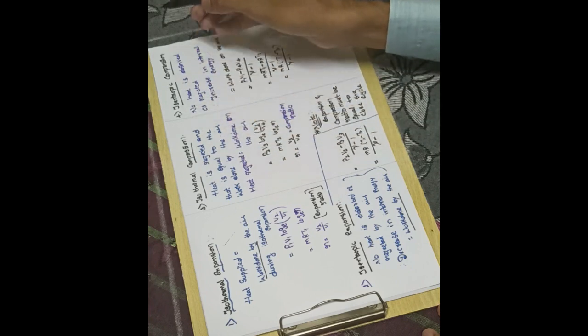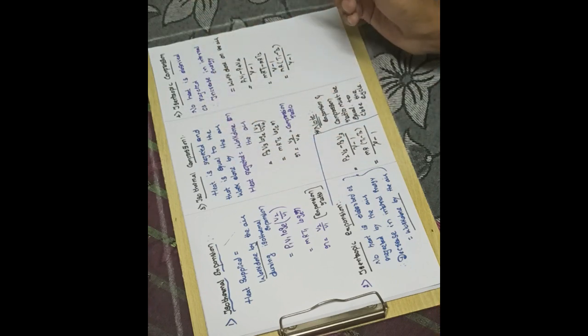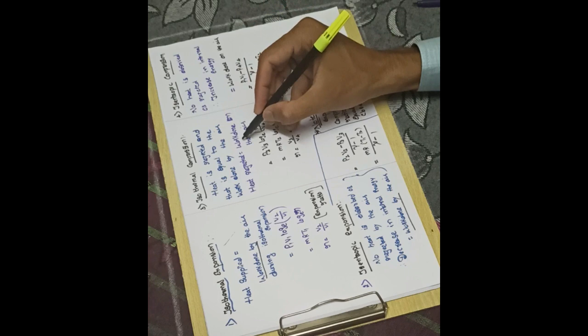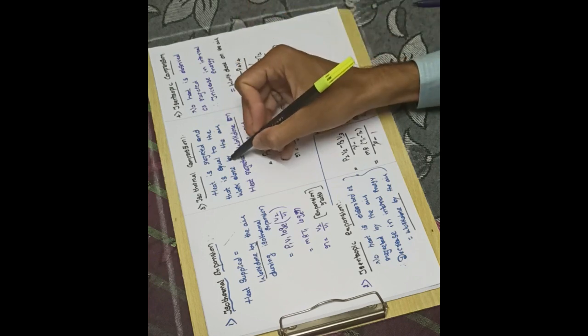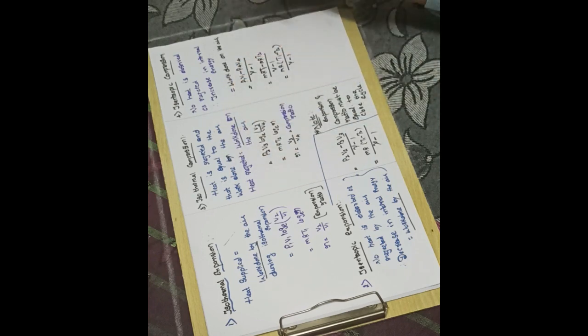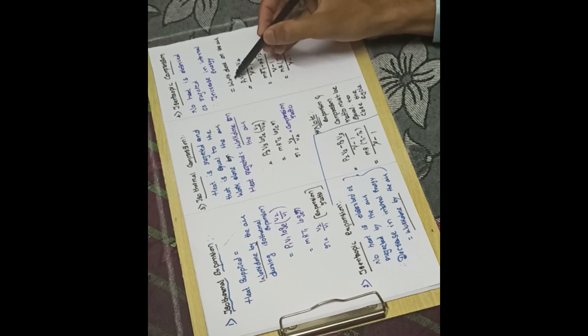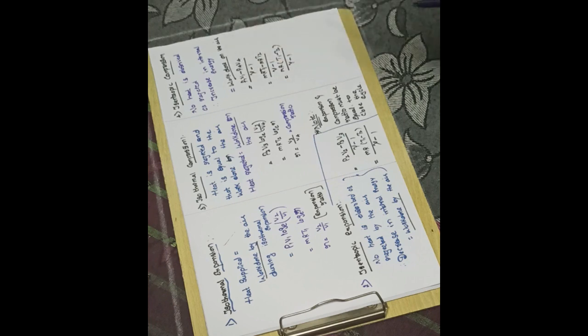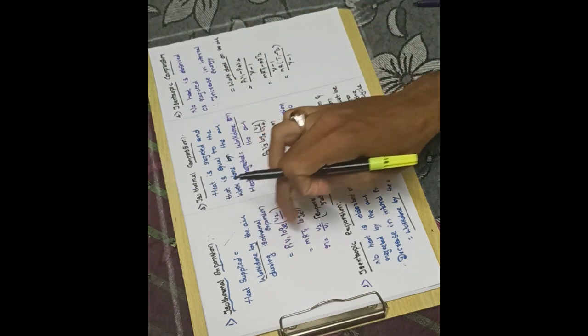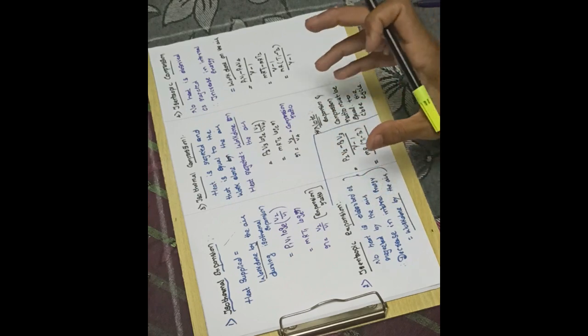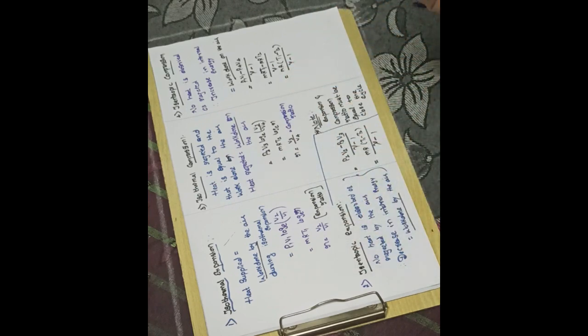And during the compression process, work done will be there. But where the work done will be there in the sense, the work done will be on the system. So work done on the air, and here also there will be a work done, that work done will be on the air. So work done on the air and by the air. So this was the difference which we need to remember during the expansion and the compression.